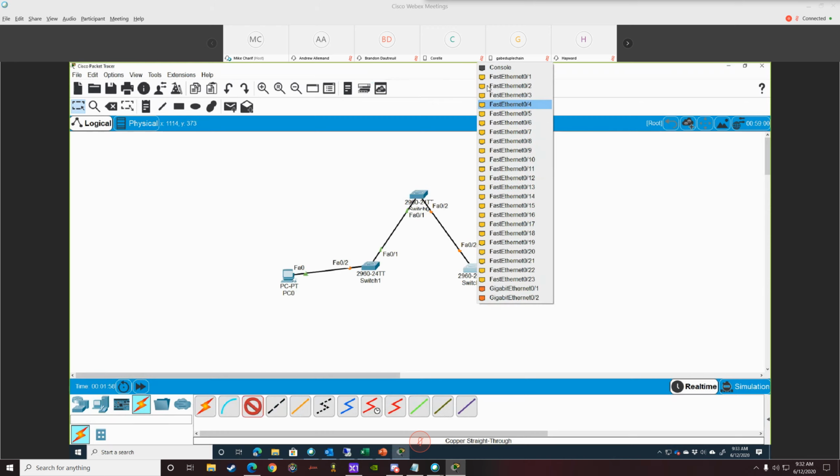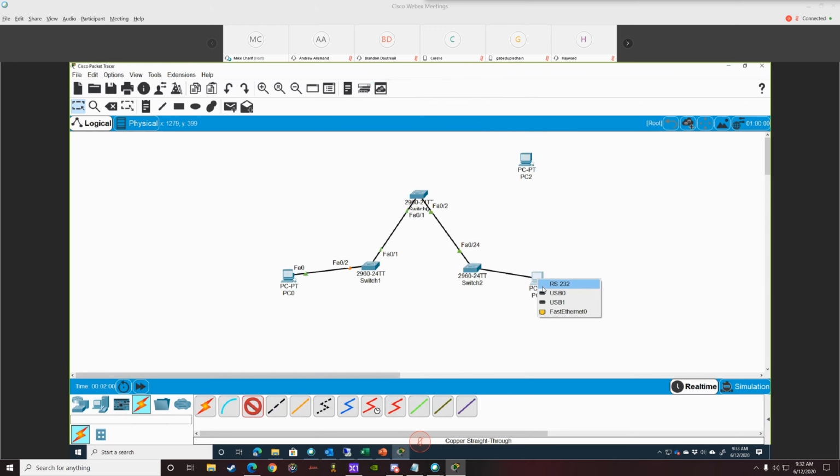So what I'm trying to do is give you an example why we need spanning tree and what's the purpose for it. Okay, so what happened? So PC0 can talk to PC2. Life is good, but